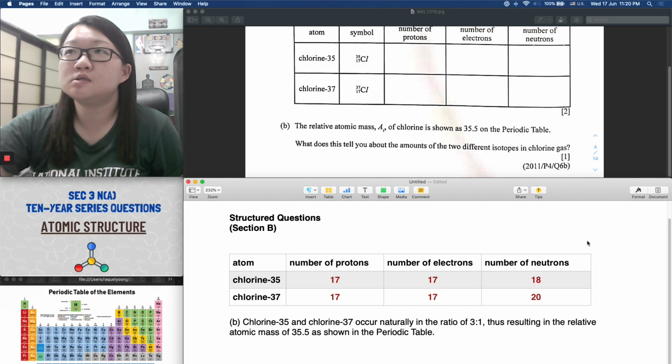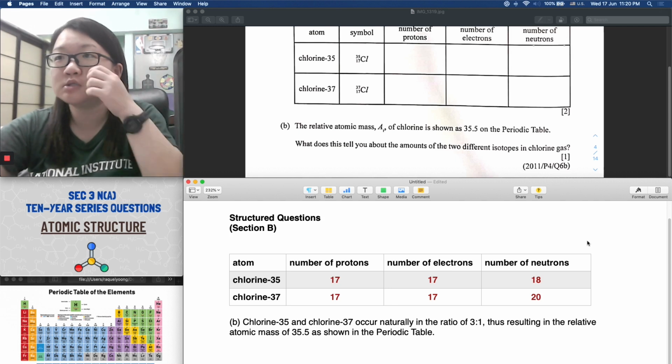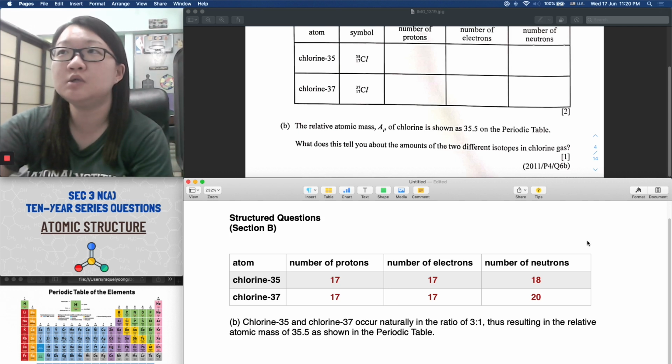Part B, they tell you that the relative atomic mass of chlorine as shown in the periodic table is 35.5. You also notice that in the periodic table, this is the only element that has a relative atomic mass with a decimal place, right? So what does this tell you about the amounts of the 2 different isotopes in